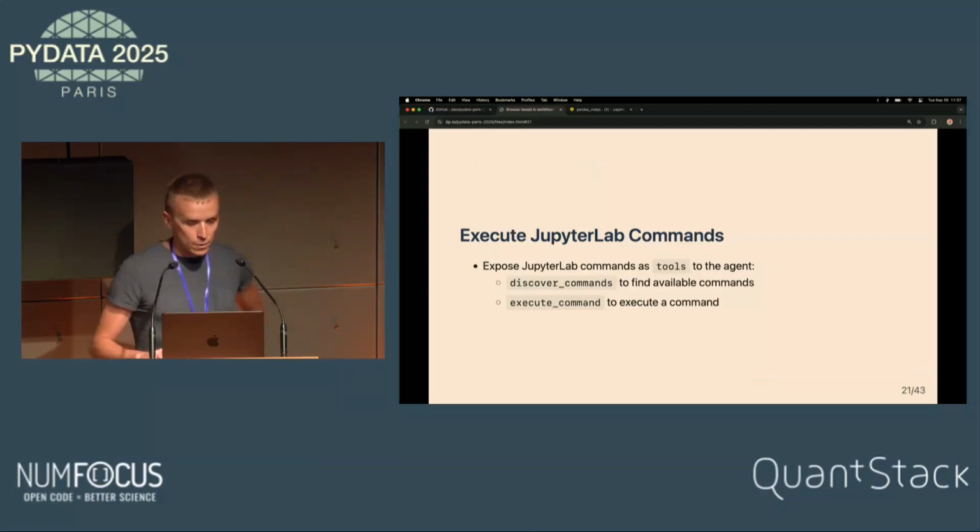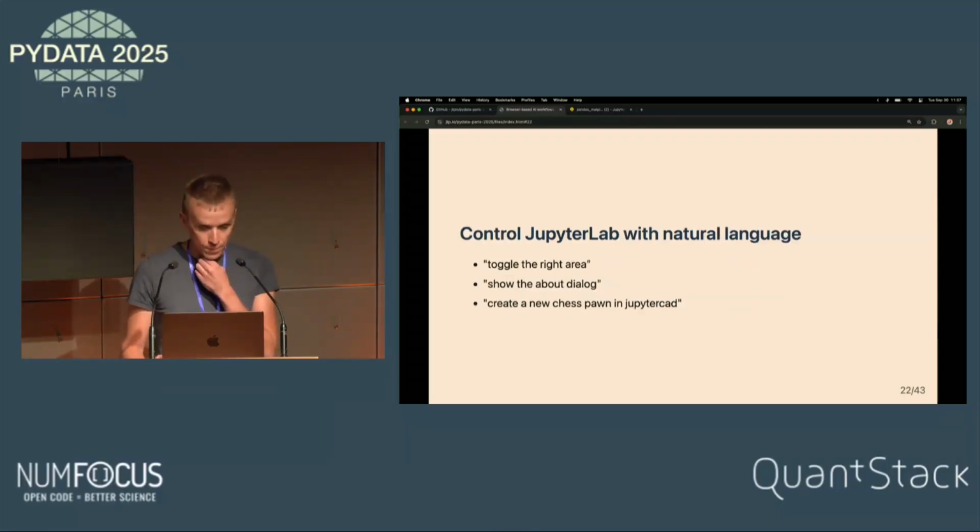What is nice about running things in the browser is that you can have access to any JupyterLite commands, even the ones coming from extensions and third parties. So we saw the discover commands tool and the execute command tool. Those are pretty much the only tools you need with your agent to be able to perform actions on the UI.